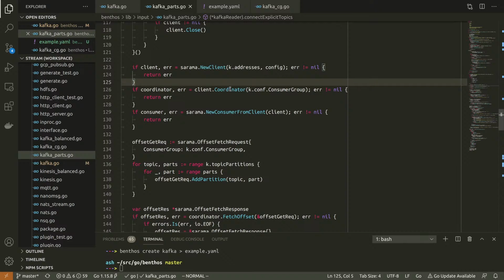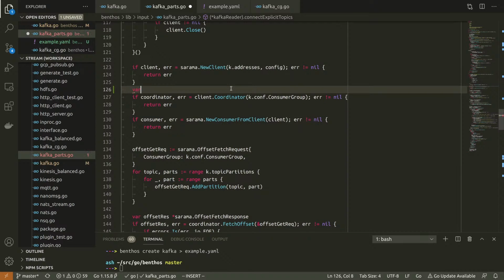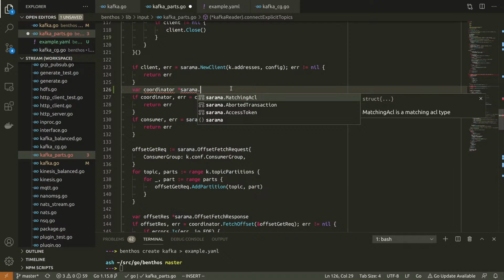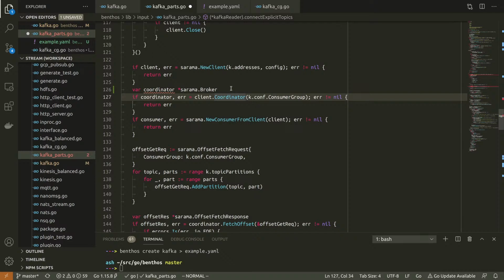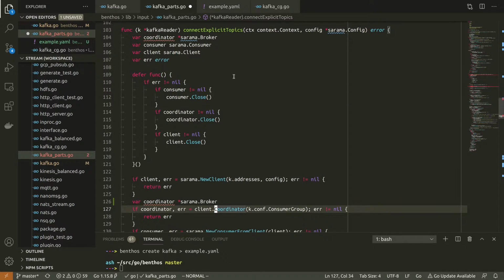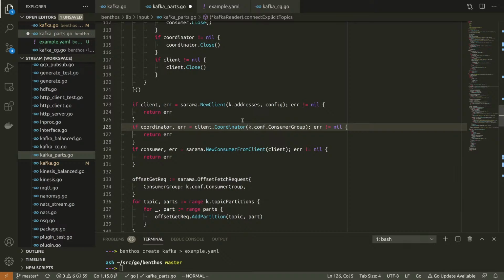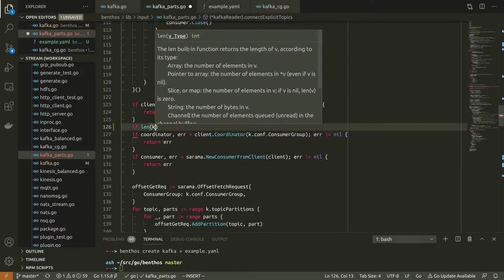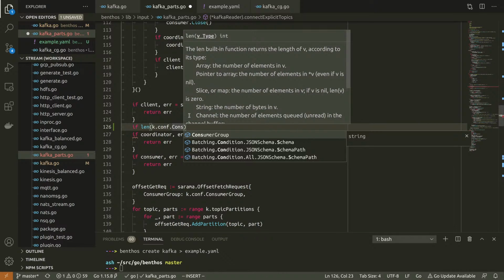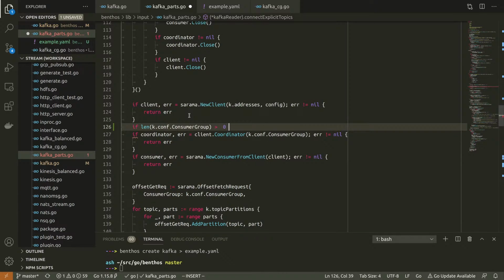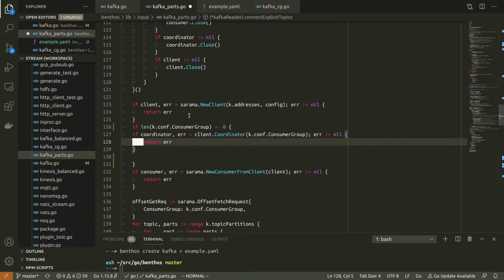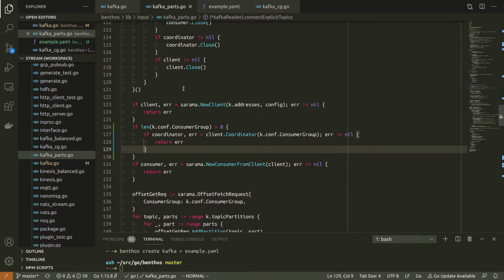Well, this is obviously going to have to be optional now. Oh, okay, I already did that. So now we're going to have to put a check: if len of conf consumer group is greater than 0, then we'll create a coordinator.